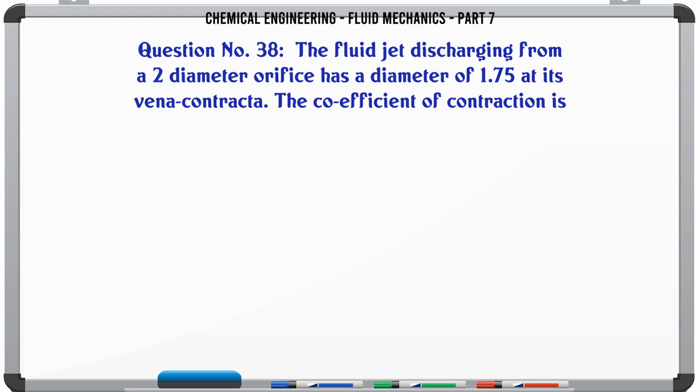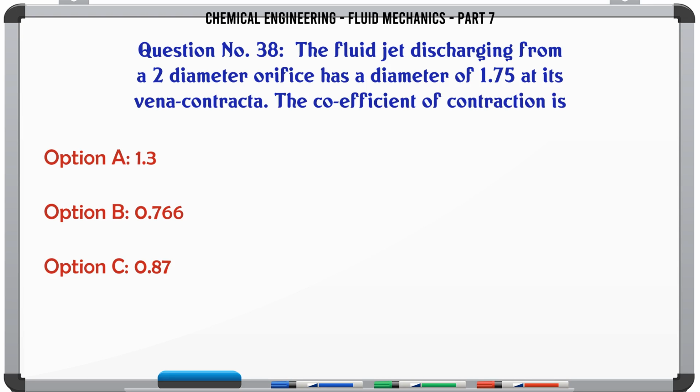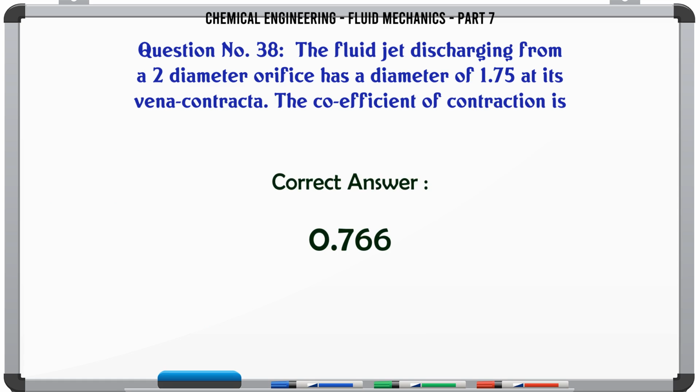The fluid jet discharging from a 2 diameter orifice has a diameter of 1.75 at its vena contracta. The coefficient of contraction is A 1.3, B 0.766, C 0.87, D none of these. The correct answer is